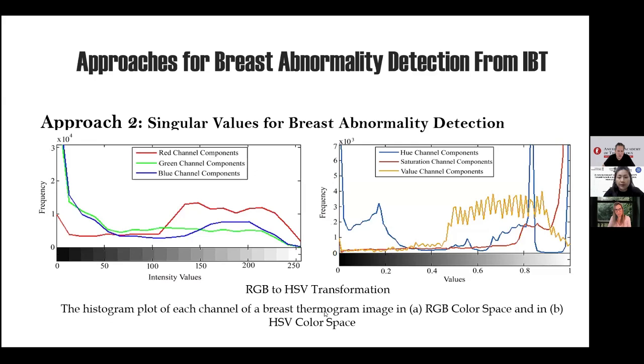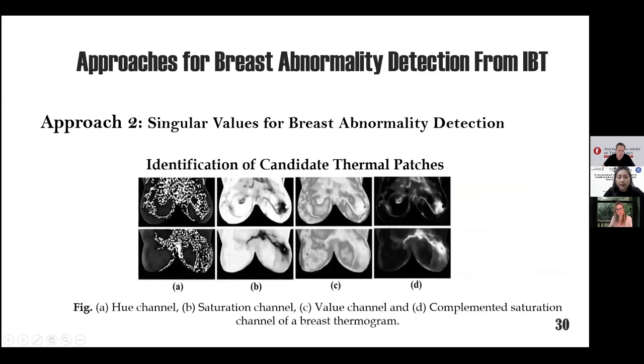In this figure, you can see the thermal patches are clearly very prominent in the saturation channel. But from the image processing perspective, the white pixel represents higher intensity values and the black pixel represents low intensity values. But in a thermogram, the white pixel represents a hotter region and the black pixel, lower value pixels, represents a cooler one. So to maintain the same philosophy, we have taken the negative of the image,